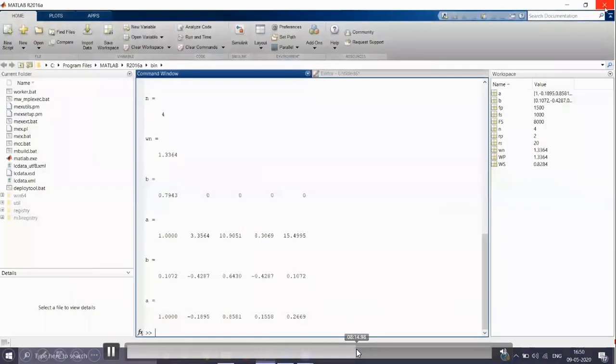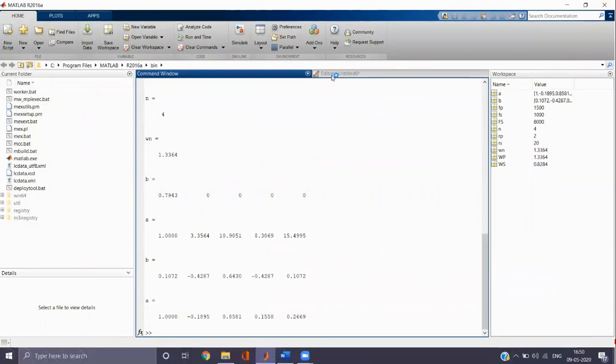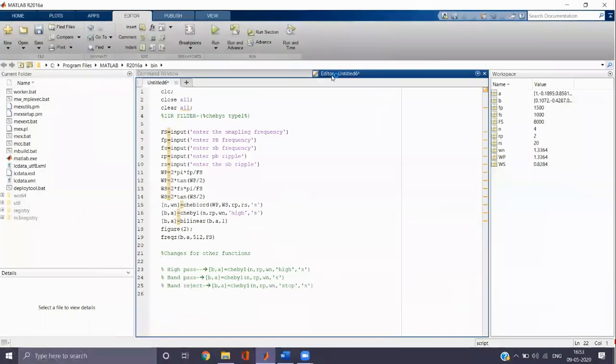So we need to close the figure window, and go to the editor window. We have to click on the editor window, and then we are going to design a band pass filter. So again, in a band pass filter, we need to enter 2 pass band frequencies and 2 stop band frequencies.